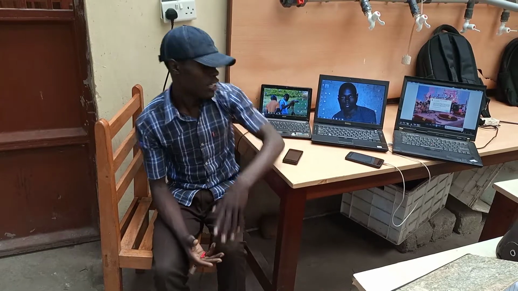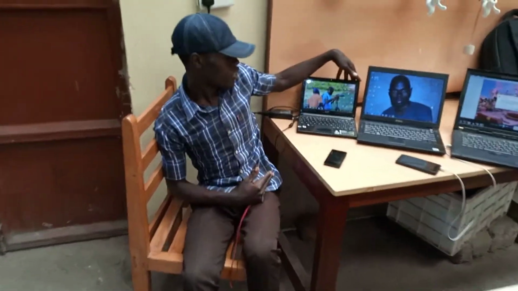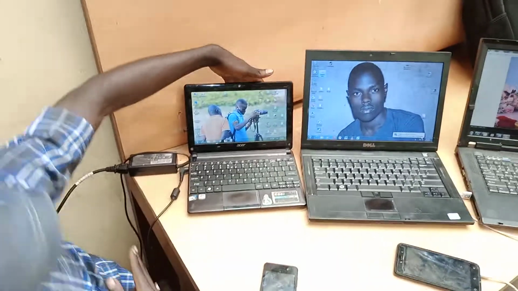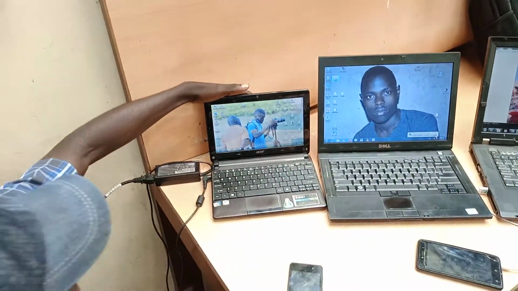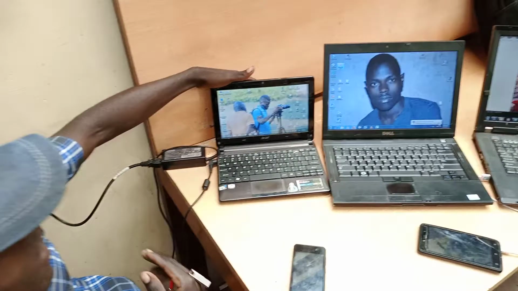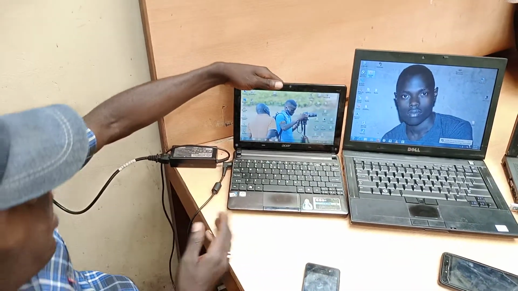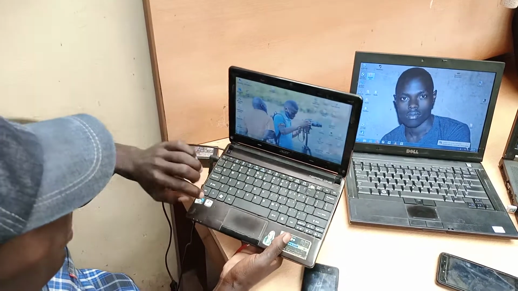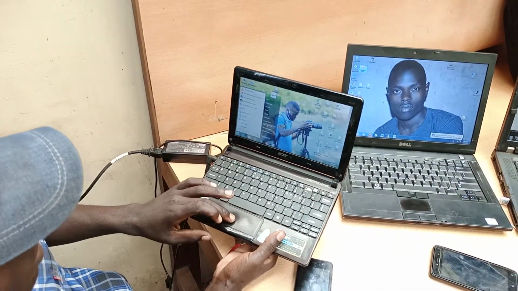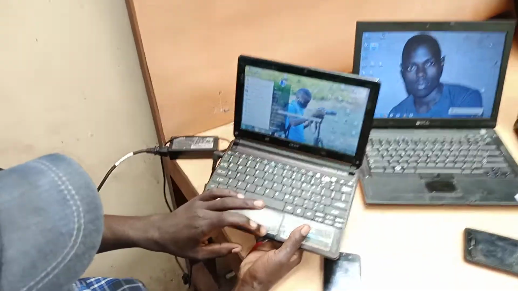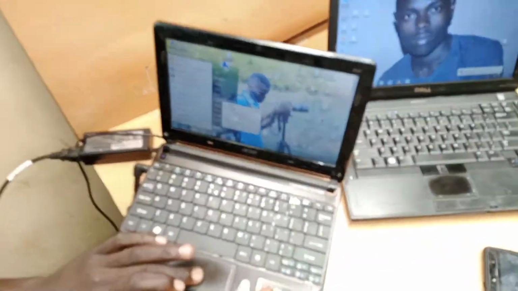First and foremost, we're going to start with a computer called ASA. This is the mini computer you're seeing here. This type of computer is very simple to use and to operate, and they always tend to have a lot of storage in case you want to use them. In most cases, when you press on the start button, come on the computer, right click and look at the properties,